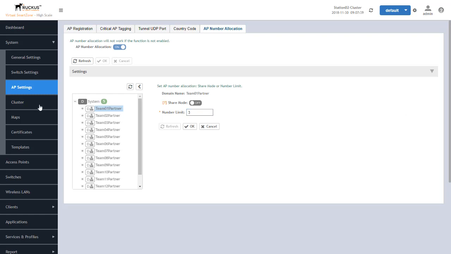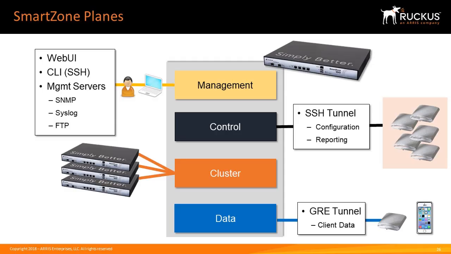Okay, so next we have the cluster tab over here. So let's go ahead and click on this one. Before we get into what we can configure here, I just want to review real quickly the different SmartZone